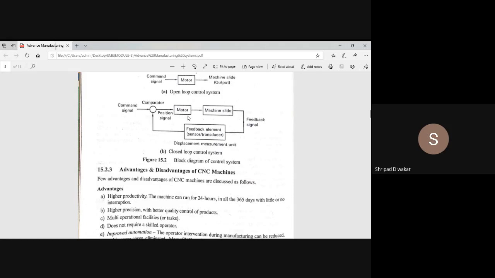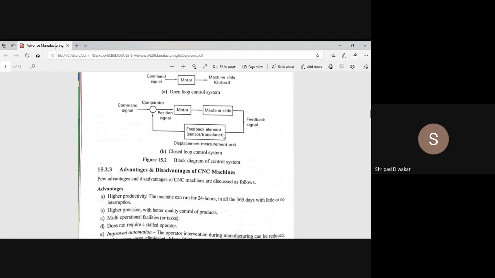First, the motor or controller unit receives the commands or set of instructions from the computer storage device, and then transfers those instructions to the actual machine. Then suppose something goes wrong in the actual machine, this machine slide sends the signal to the feedback element, which is in the form of a sensor.